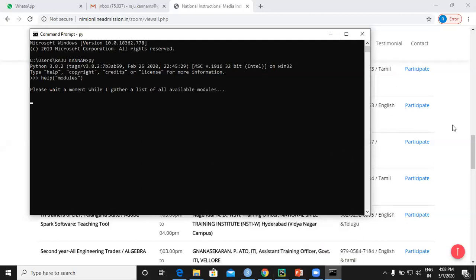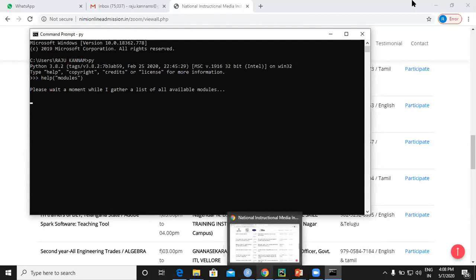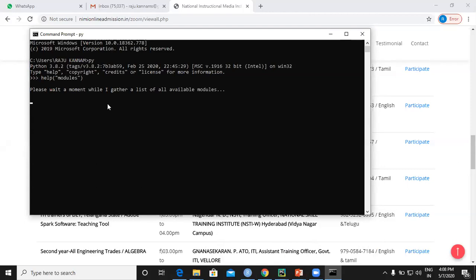So this is getting loaded. Of course it is getting loaded. It is fetching the details of what are all the modules already installed in the computer.